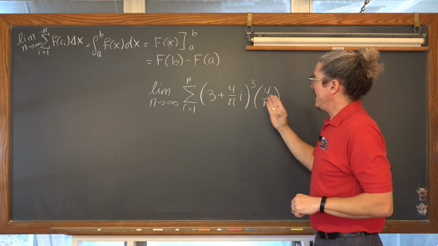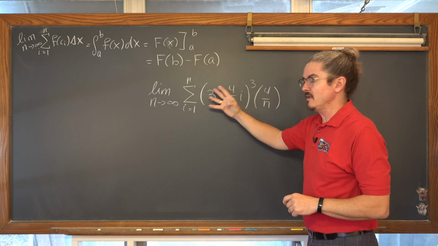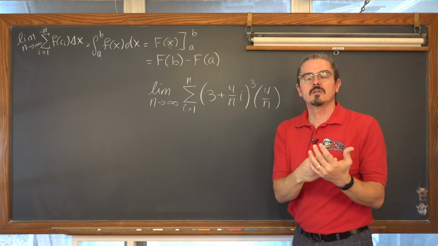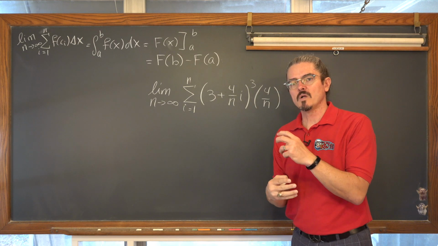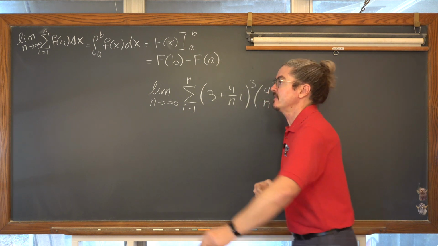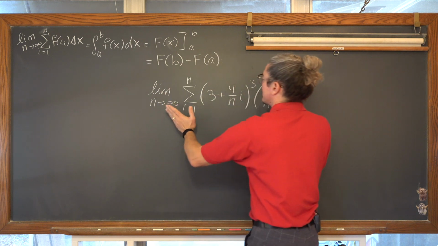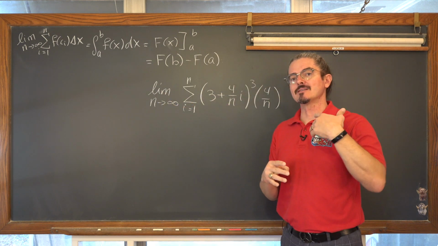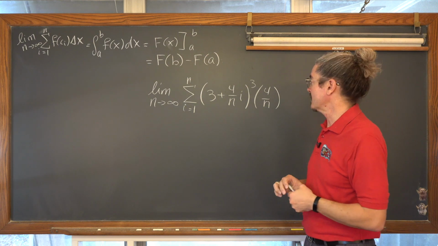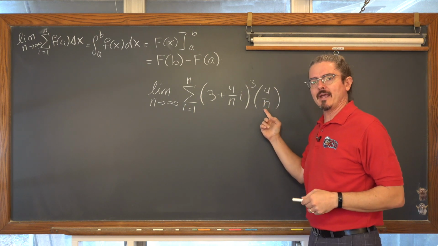So after the sigma notation, start looking for the two parts and start identifying what's the function, what's c sub i, or what's going to be that lower limit for the definite integral. It's that recognition of what this is so that you can then set up the definite integral and finish the question, honestly, quite easily. You have this 4 over n.